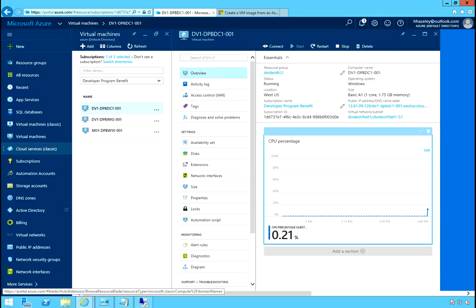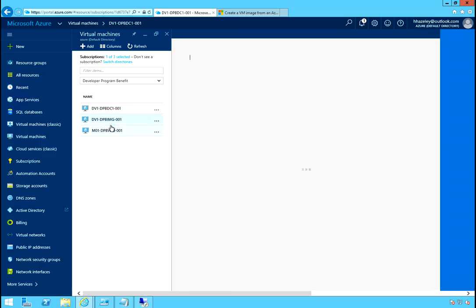Okay, guys, welcome back. In the last two videos, I created a server using the portal. Then in the next video, I made an image of that server, and then I used that image to deploy a new server. Next step here, I'm just going to sidetrack for a bit and do a little bit of cleanup. As you can see, this image server is right here,